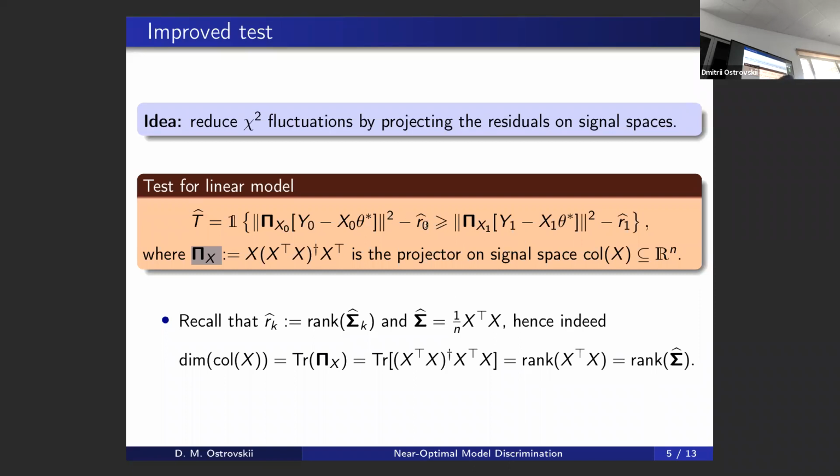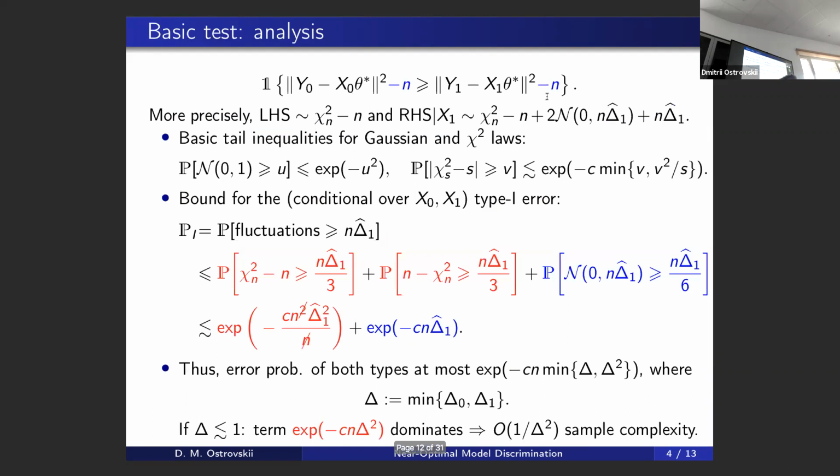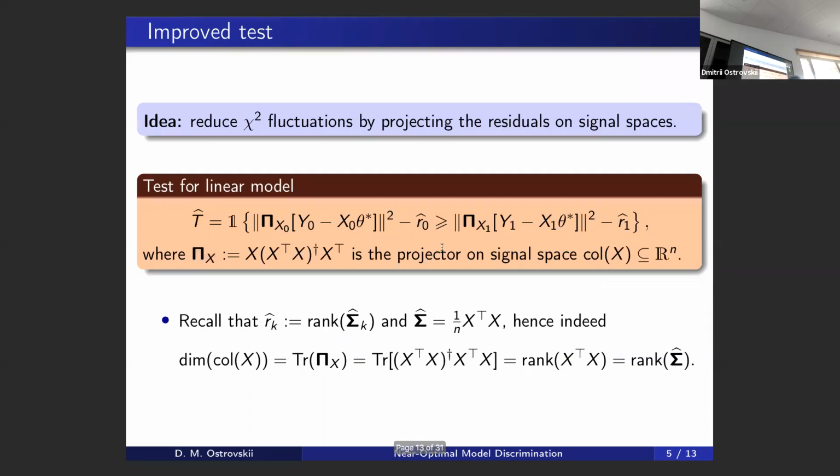And I compare, so my previous interpretation told me that what I was comparing actually were not the errors, but the fluctuations of the error around the mean, and actually around the conditional mean. So I will do the same here. But now my conditional mean under the matching hypothesis for this one and for this one, I actually have R0 hat and R1 hat. R k hat is the rank of the empirical covariance. Essentially, if you substitute here the matching theta star, so theta star equal to theta 0, you will have that